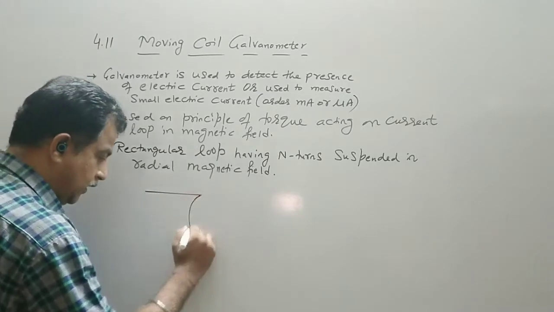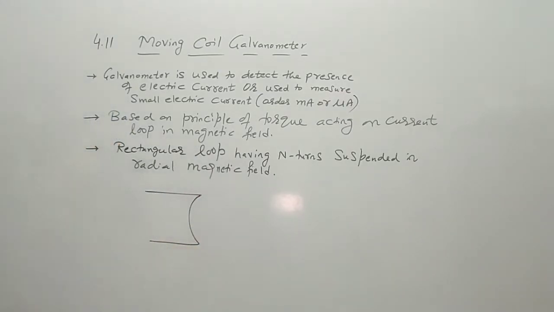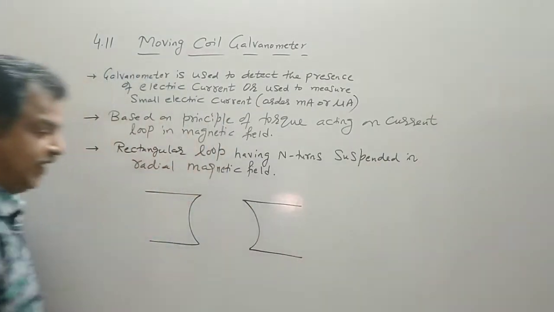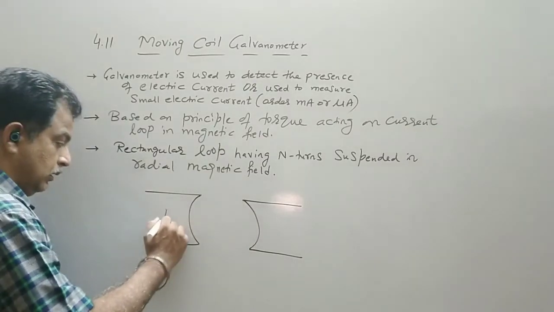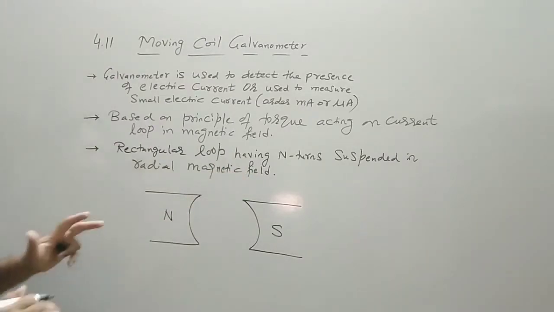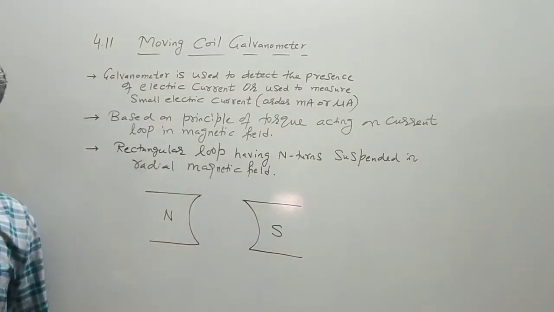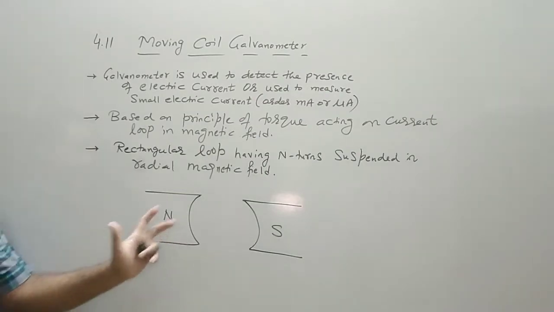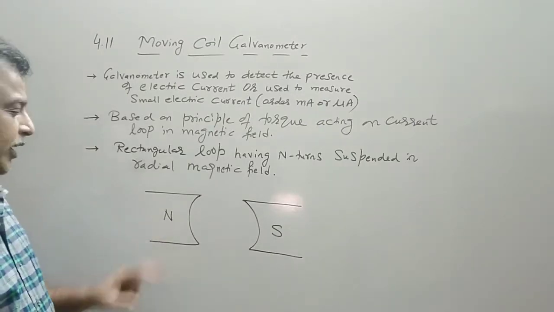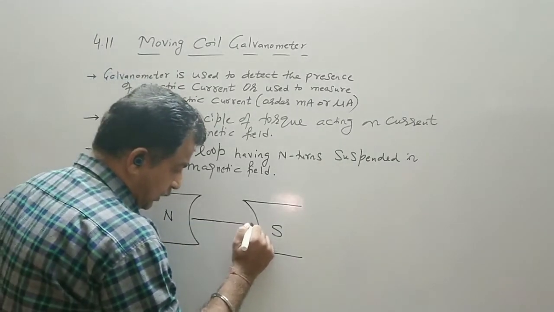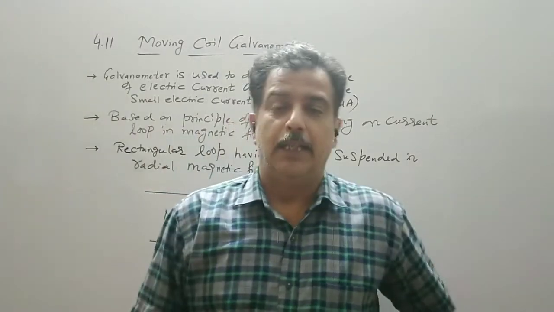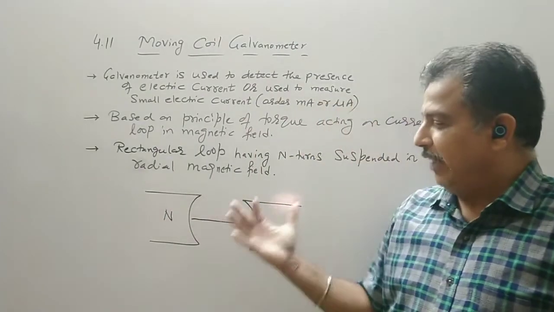Now let us consider a cylindrical magnet. So these are the cylindrical magnets. Now these cylindrical magnets will produce a radial magnetic field. So here we have the radial magnetic field. Instead of a straight or uniform magnetic field, we have a radial magnetic field. We know that a magnetic field goes from north to south. In the other portion, because it is curved, the magnetic field lines will not be straight lines. So we will see why we use this.